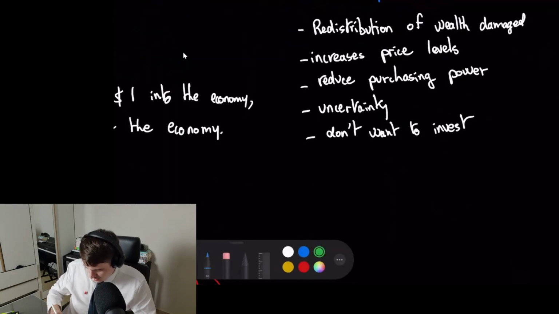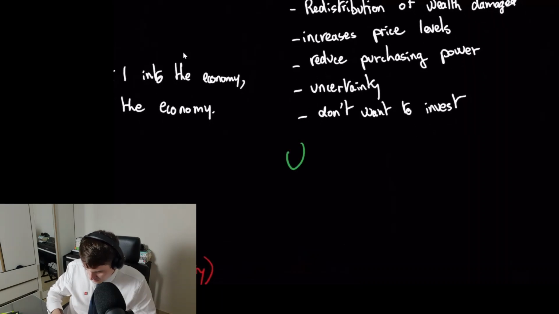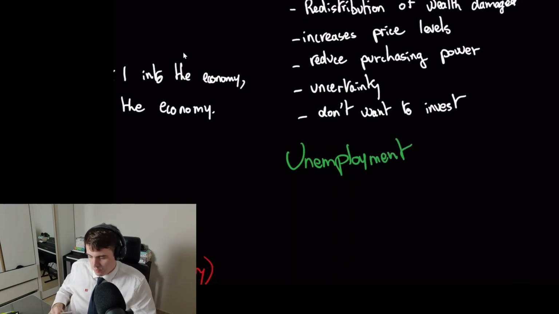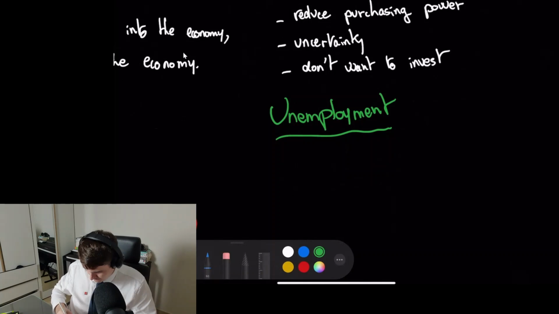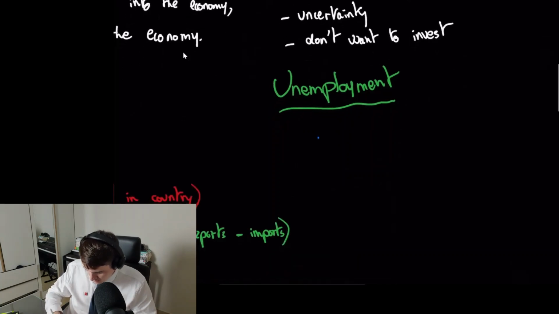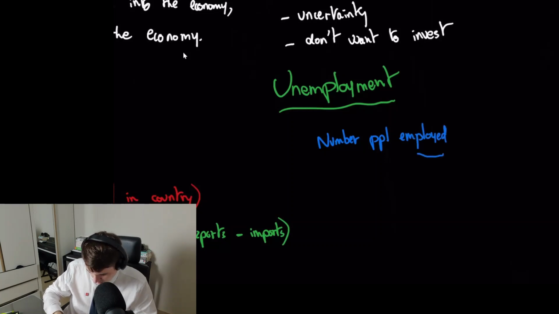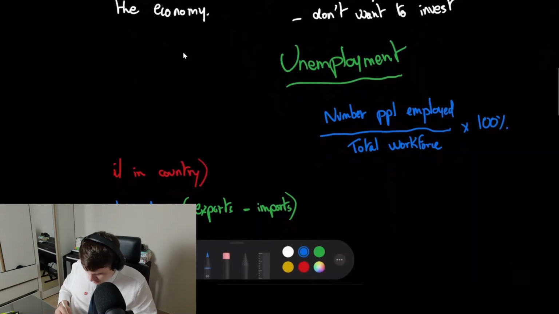If we look next at unemployment. Unemployment, the formula is the following. Number of people employed divided by total workforce multiplied by 100%. So let's say in our country we have